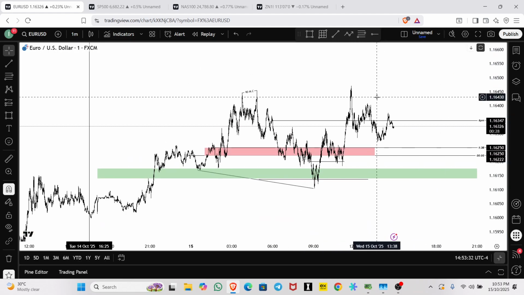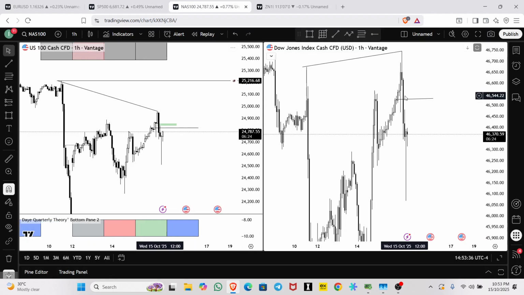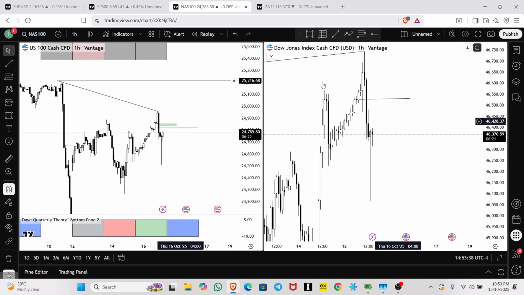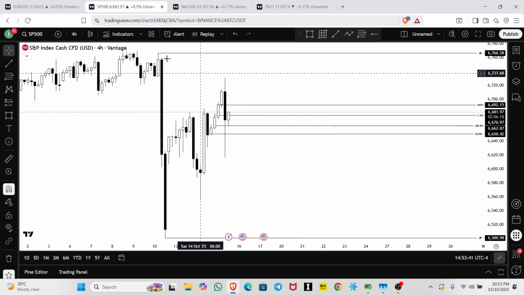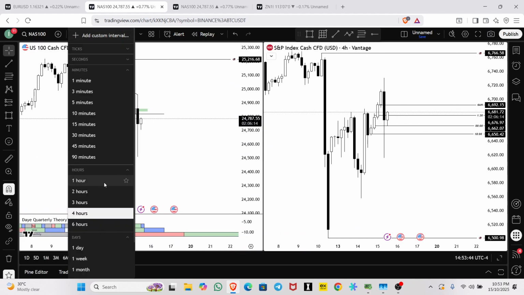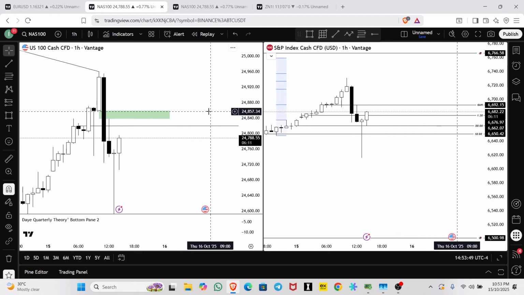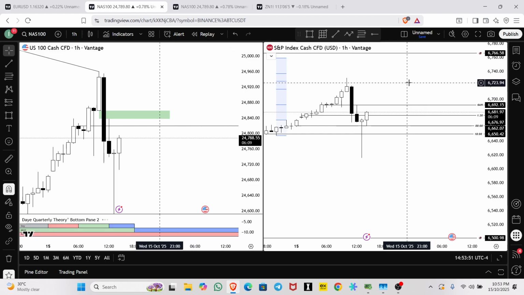Because I followed my rules. Basically, I followed my rules. I just took the trade and I was waiting for it. One of those days, guys, one of those days. Let's not just be bogged down by this, but there was a lot of money to be made, and basically I was frustrated the whole day.